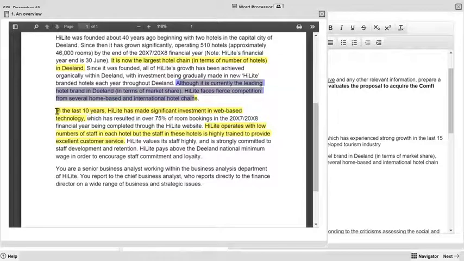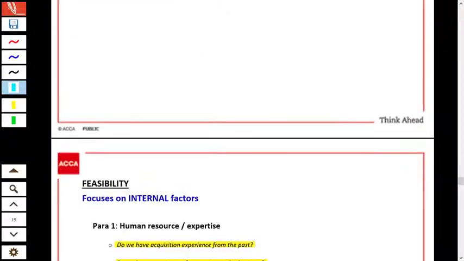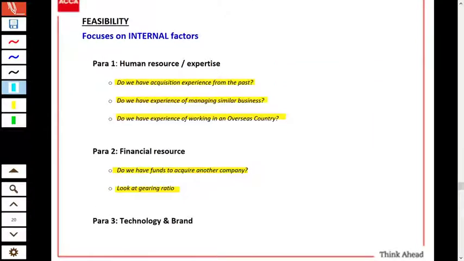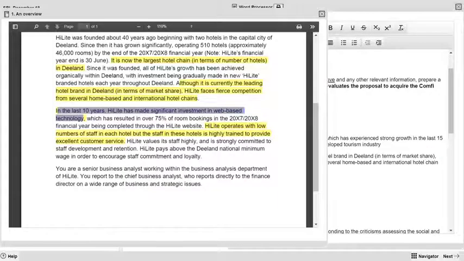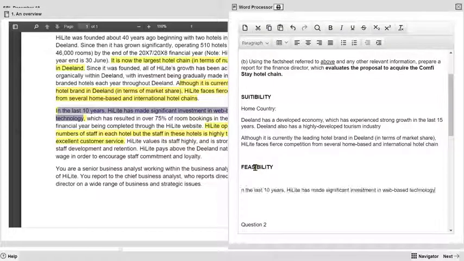Okay, what else? They have made significant investment in web-based technology. Technology is the key word. Can anybody tell me technology? I saw that word, technology. Feasibility, yeah? They have made significant investment in web-based technology. That's a good strength. It's an internal thing. So let's copy this. Control C and let me give the heading feasibility, and under feasibility I paste this word technology there. Okay,